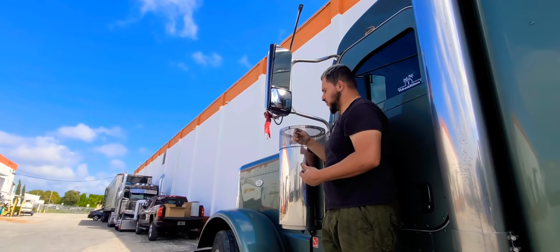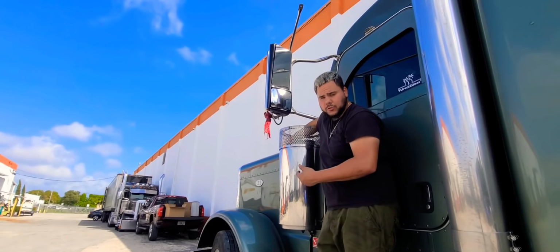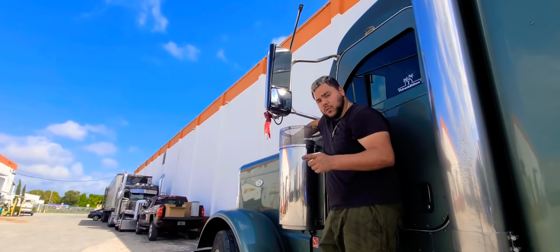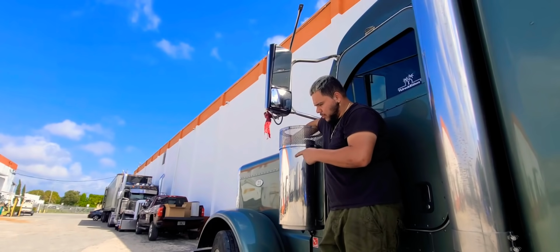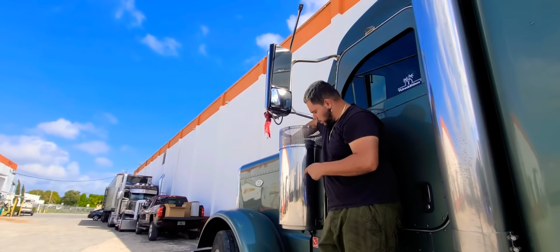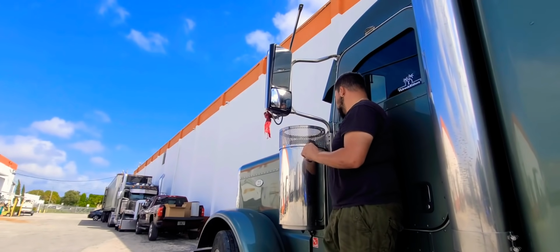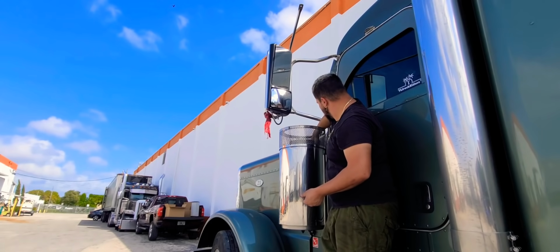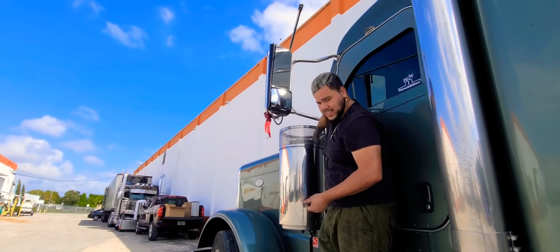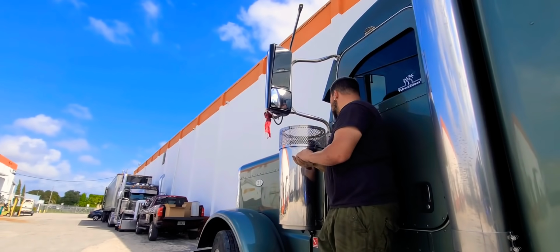These are aftermarket filters. I do not know the name of them. They were on the truck when I got them. All I can really say is, I can give you the part number, and I know that the filters are actually Kenworth filters. They're not pre-built. They're made by Packer, but they're Kenworth. Like I said, they were on here already. I'm not 100% sure what model you need, but